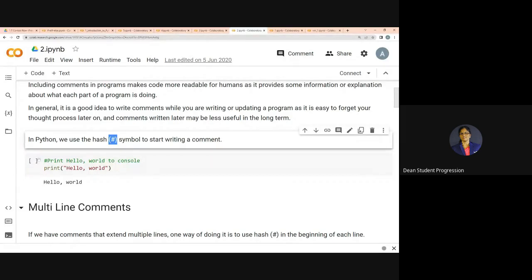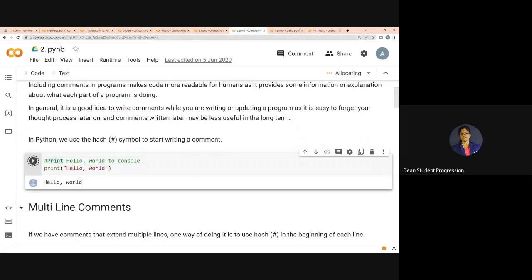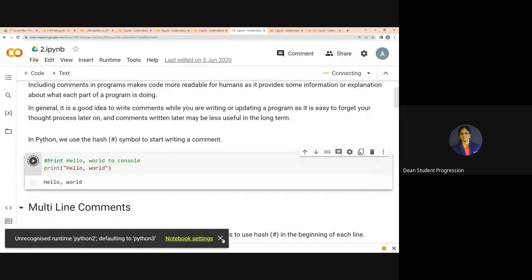Here we are trying to write: print hello world to console, and what we are trying to do is print hello comma world. Here you can see I have included two different things. I have introduced to you something called hash, which is a symbol of comment, and also